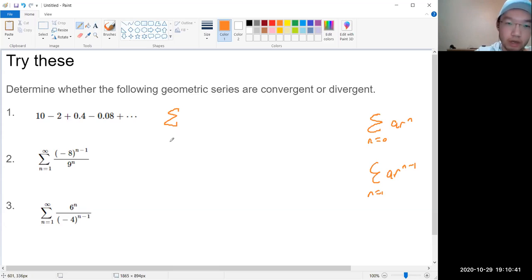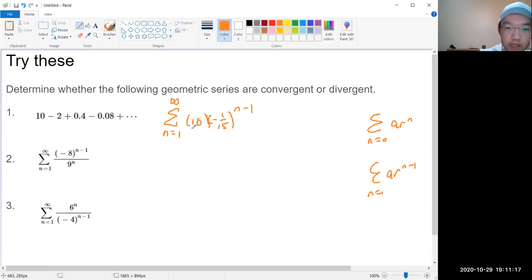Okay, let's start at 1. N equals 1 to infinity. So that means we need A, and then we need R, and it's to the power of N minus 1. So A is our first term in our series, which is just 10. And then what is the common ratio here? Negative 1/5. Yes. So R is negative 1/5. All right, so that's your